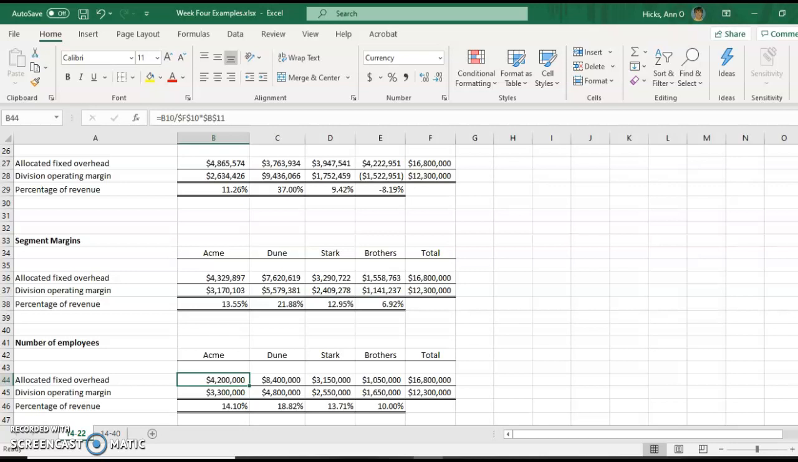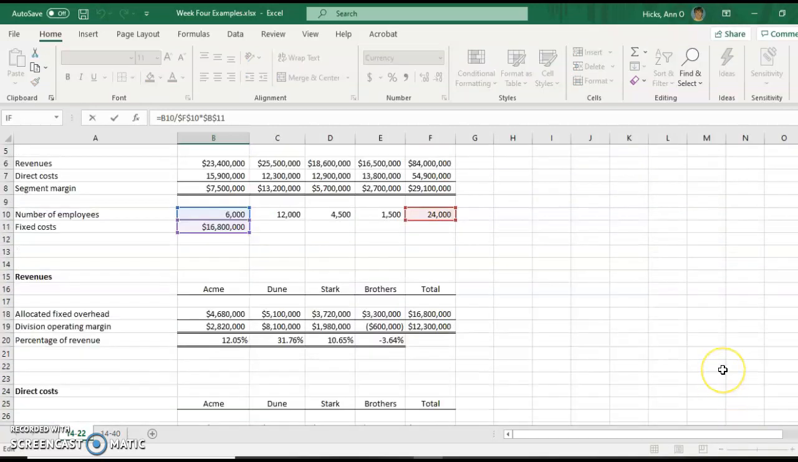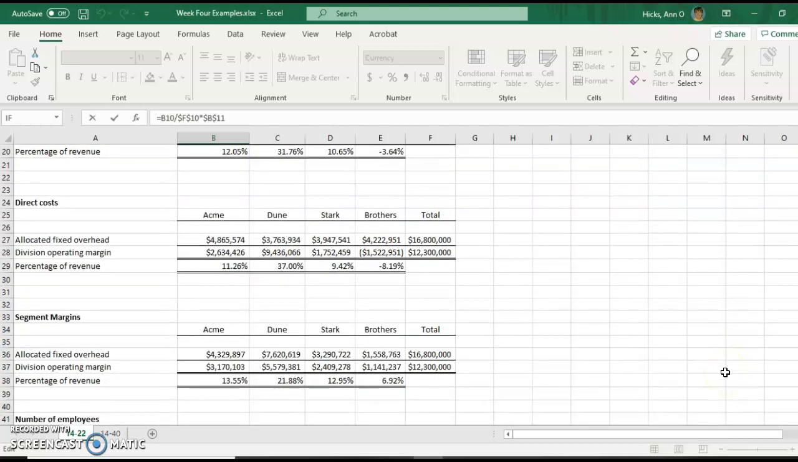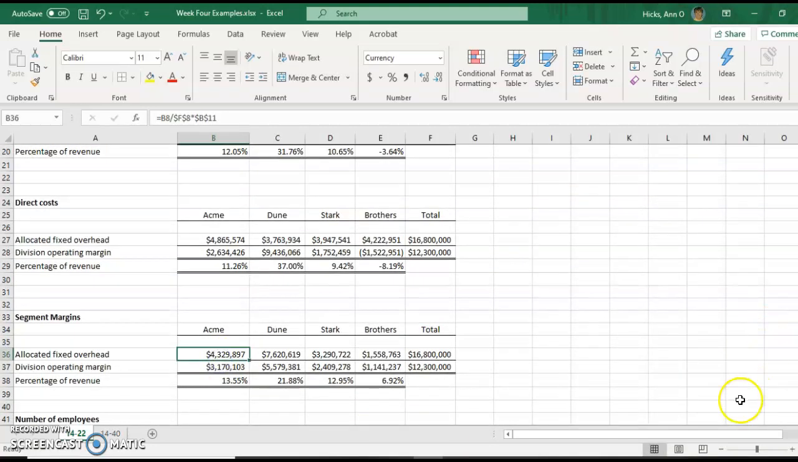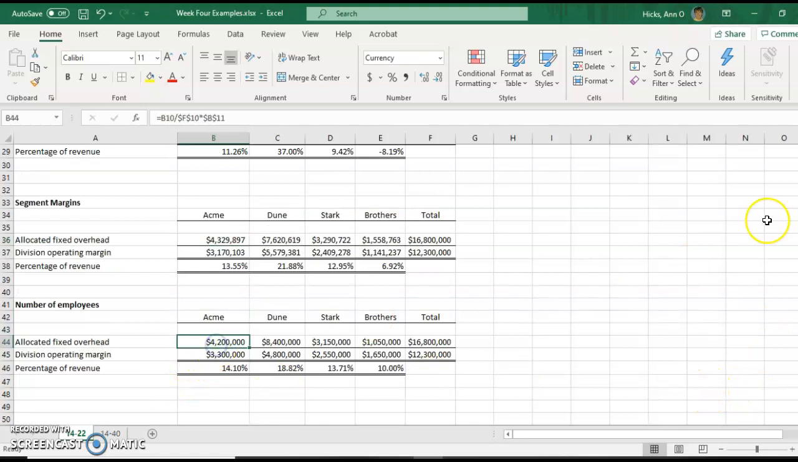So they should be allocated. So what we're basically saying here is that most of the overhead must be somehow tied to the number of employees that are working for that division. And so again, we're going to take, in this case, the number of employees by division divided by the grand total times the fixed overhead costs. And now we're looking at a very different picture. Notice who,